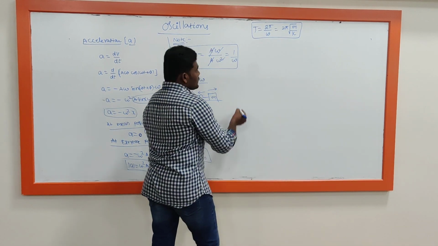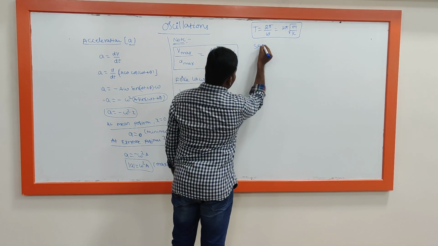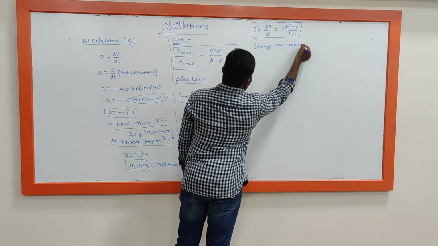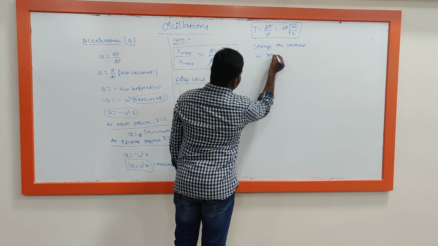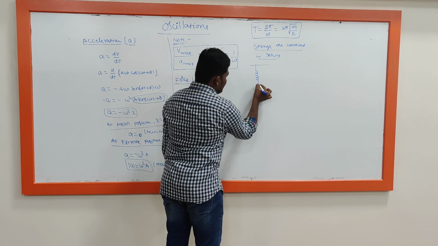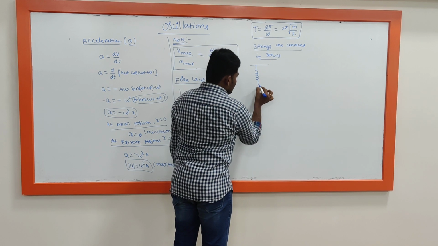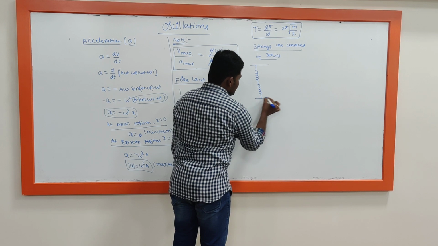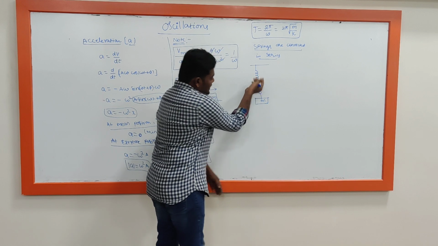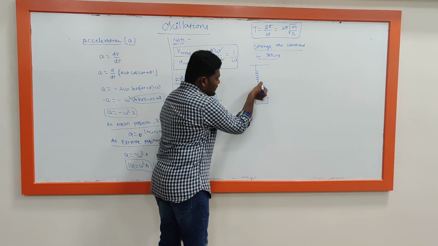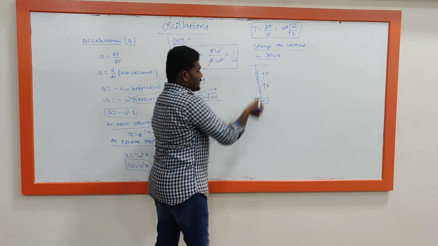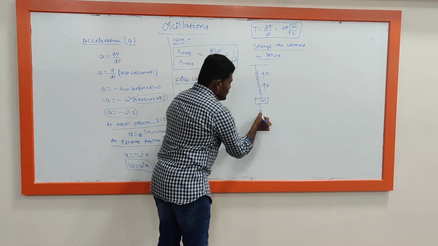Then, if the springs are connected in series, here is one spring of constant K, and one more spring, and we consider a block of mass M connected here. Between them there is no block. Because of this, the force will try to act, so here the forces are both acting in the upward direction. Then the weight here, we can take.